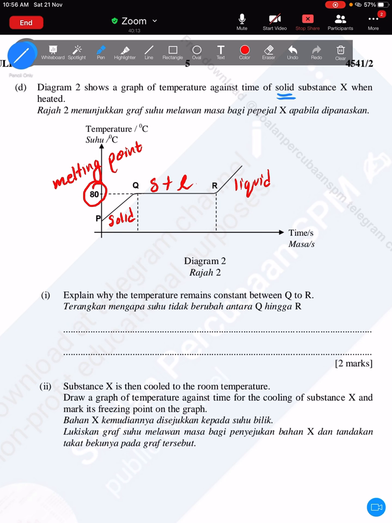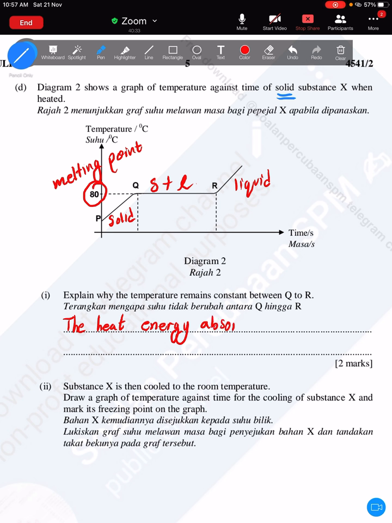So, let's look at the question. Explain why the temperature remains constant between Q to R. Q to R. My dear baby, how to do it? The heat, you might write it down. The heat, tadi saya dah cakap jawapan. The heat energy